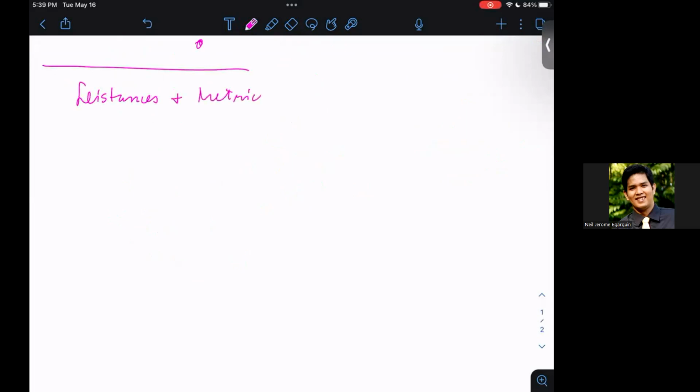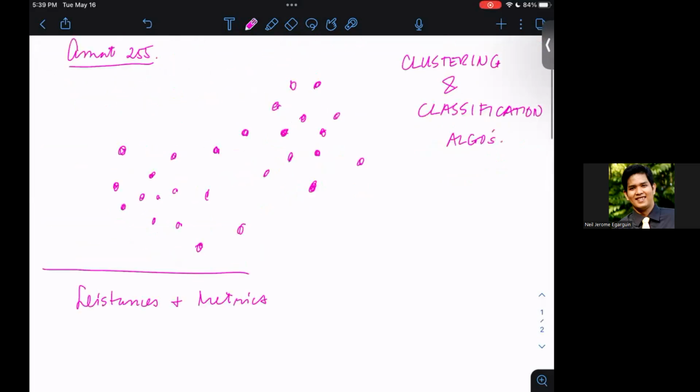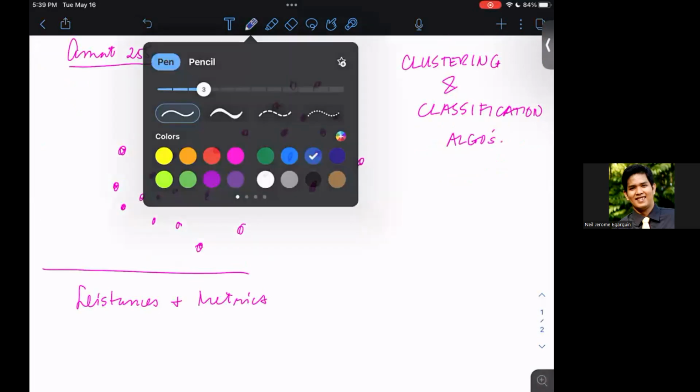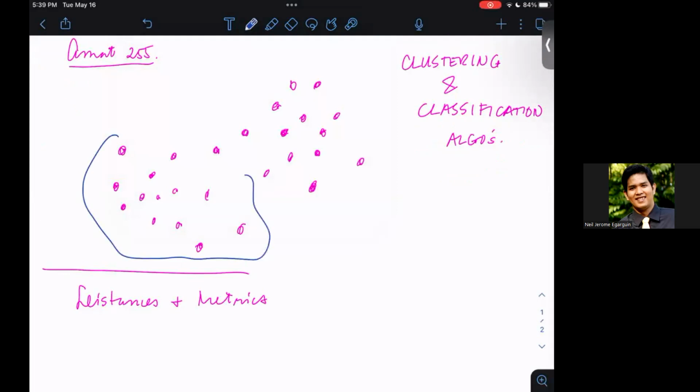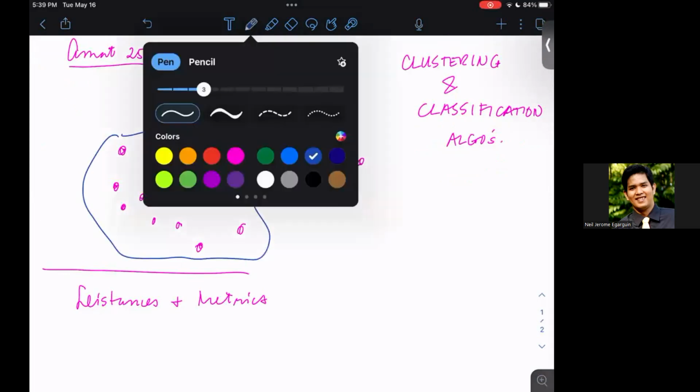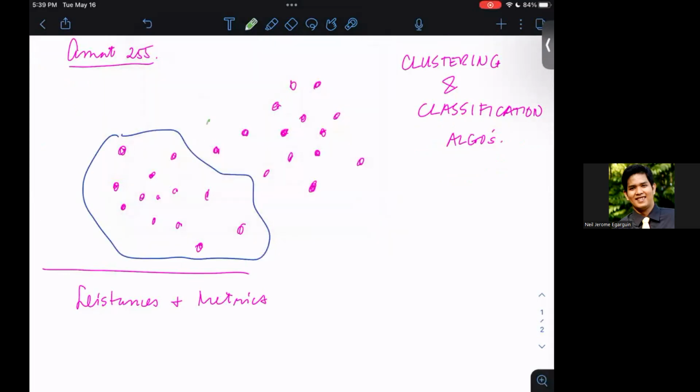Because basically, most algorithms have the following idea. Let me just fix the grouping here. For instance, this is the first group, the blue group, and say this is the green group. Okay. Now, if you want to classify a certain data,